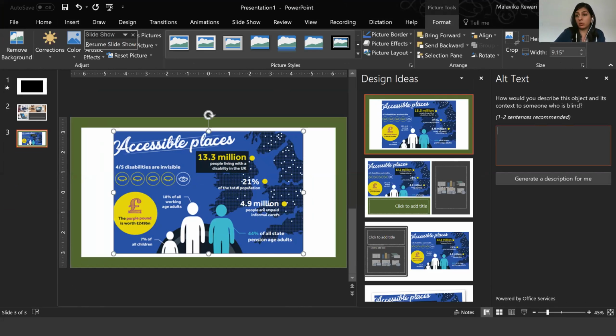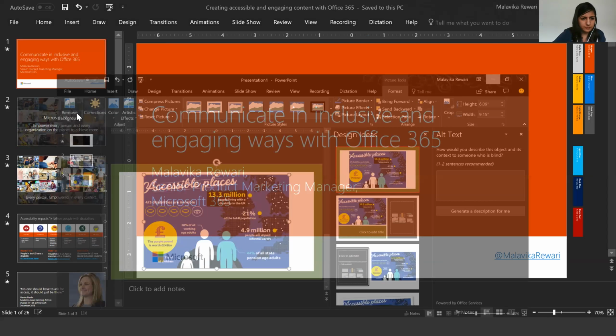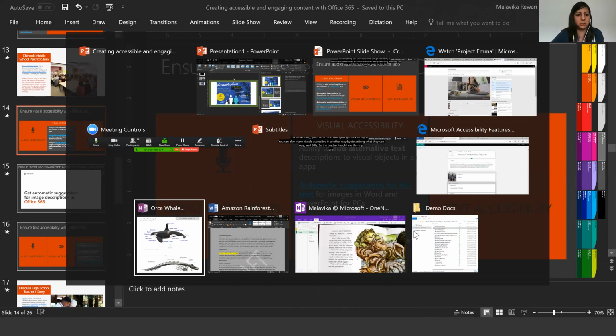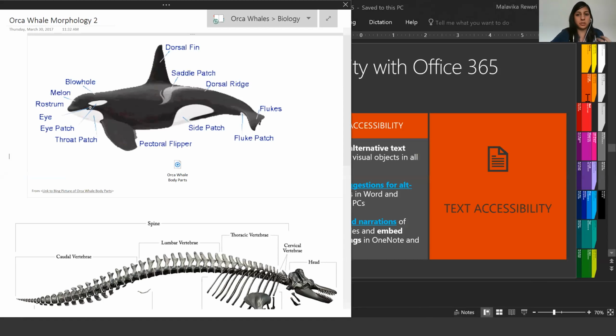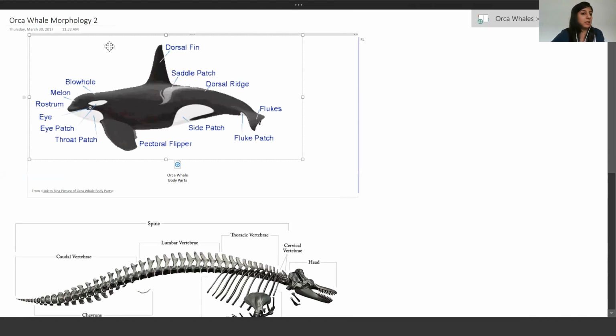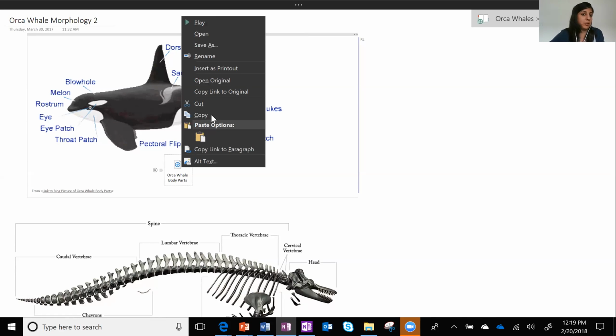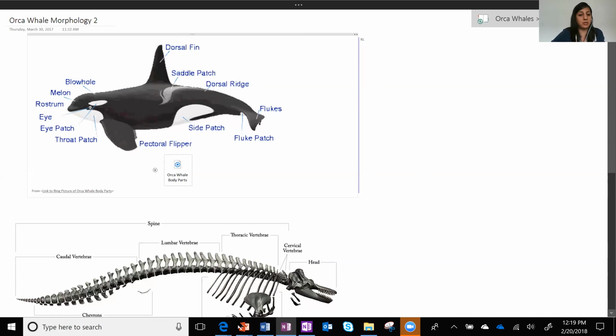The same thing you can do in Word. Just go back to my slide. You can also make visuals accessible in another way by describing what they convey verbally. So a teacher taught me this trick. Right within OneNote, for example, a science teacher in a school for the blind told me that she uses a lot of complex diagrams. And then in addition to adding alt text, what she does is she simply inserts an audio description of the thing. So right within OneNote, for example, you can play this description and it's her describing this image. So that's an alternate way you can describe a visual.